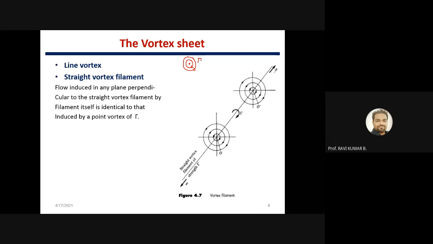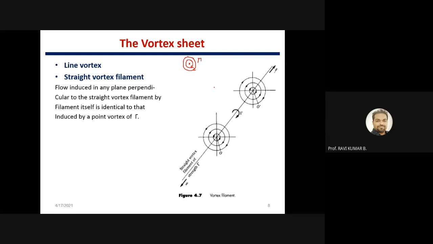We have seen the front view. Now we are expanding this to both sides. We will go to infinite length this side and infinite length perpendicular to the page, plus infinity and minus infinity. We are expanding this, and we will try to relate the vortex sheet: how actually it will behave and what is the effect on any point in the flow domain because of the presence of this vortex in the domain.